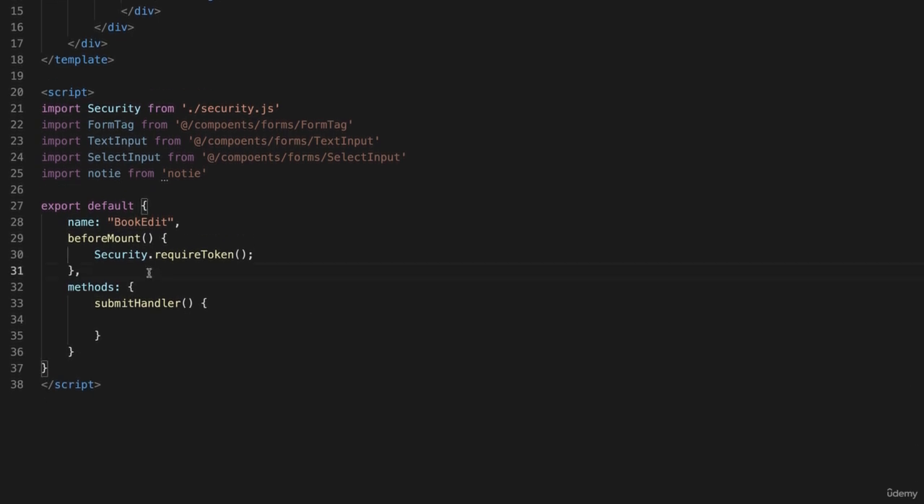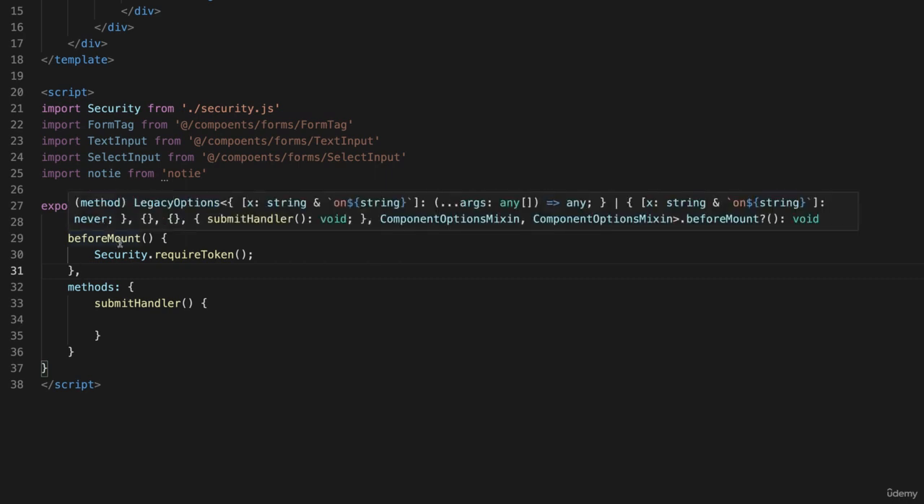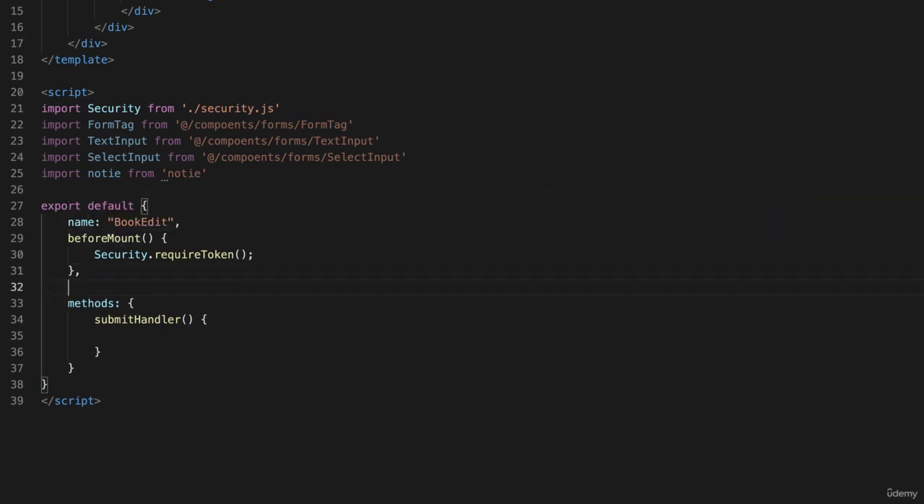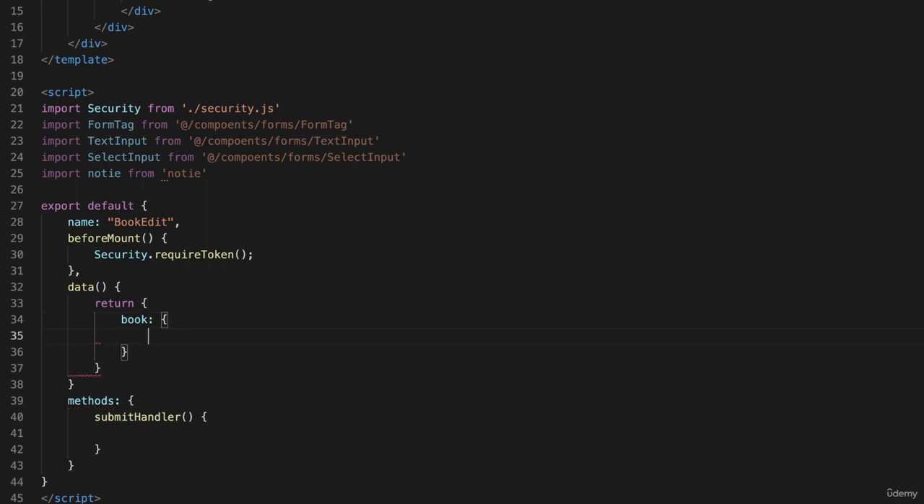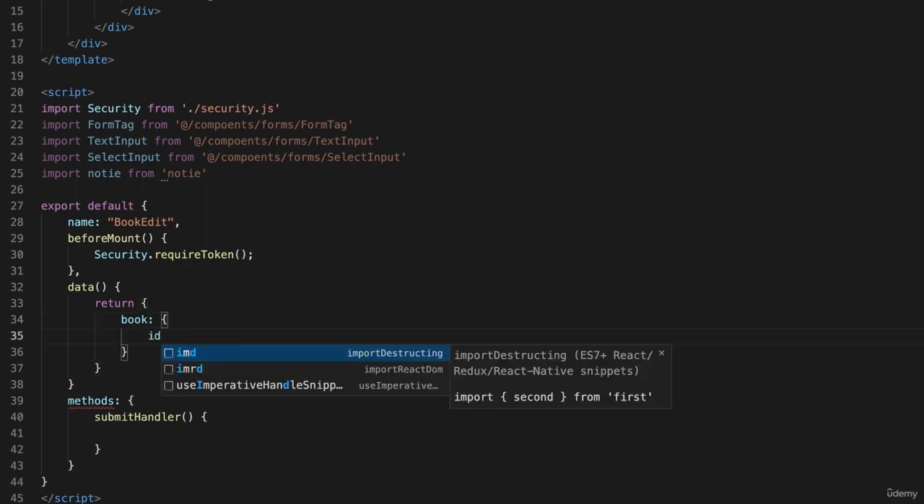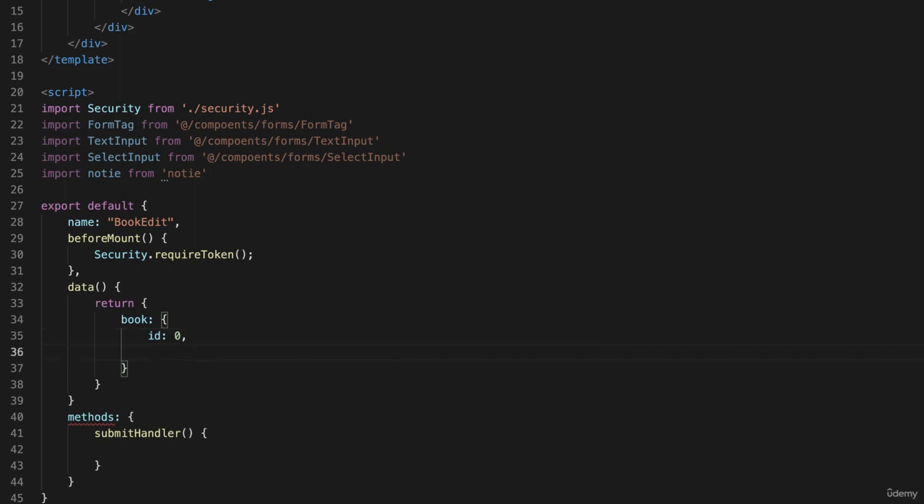So down here, after before mount, which can be mounted, it doesn't make any difference in this case, but that's okay. Let's put in a data function that returns a few things. So it's going to return, first of all, a book. And this time I'm going to specify all of the information for the book. A book will have an ID, defaulting to 0. A book will have a title, and these correspond to the database fields, of course, which is an empty string